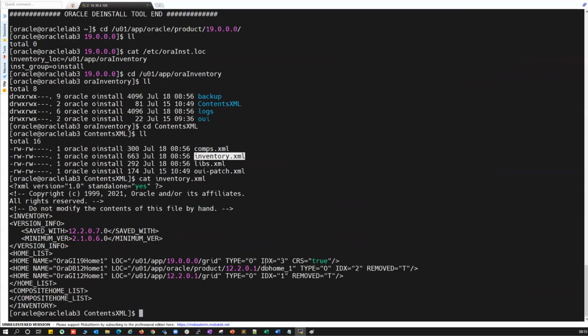cat that one. And you can see here your 19C DB home that is gone now. So you have only this 12C grid home and 12C DB home, which is in the removed option. Right, so 19C Oracle Home is gone now. So even this removed option, you are